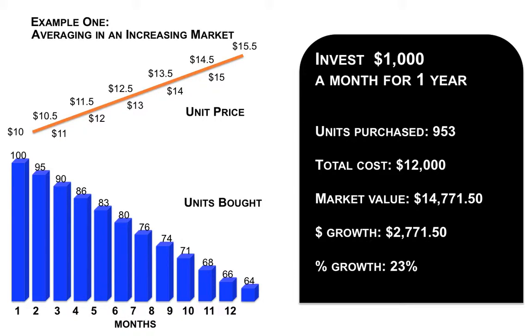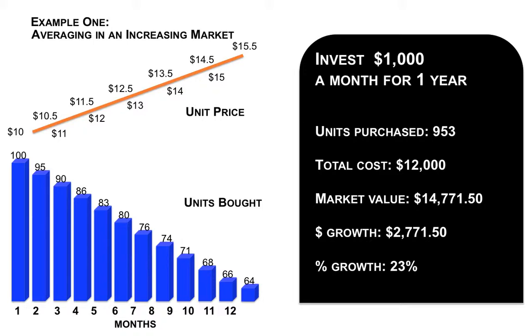Here we see a situation where somebody's investing $1,000 a month for a 1 year period. The months are indicated by the bars in light blue. Now we see in the first month, the unit price above is $10 per unit. So the $1,000 in that particular first month will purchase you 100 units in the particular fund that you're investing in. In the second month, what we see is the price has gone up to $10.50. So correspondingly, our $1,000 is now buying 95 units in this fund.